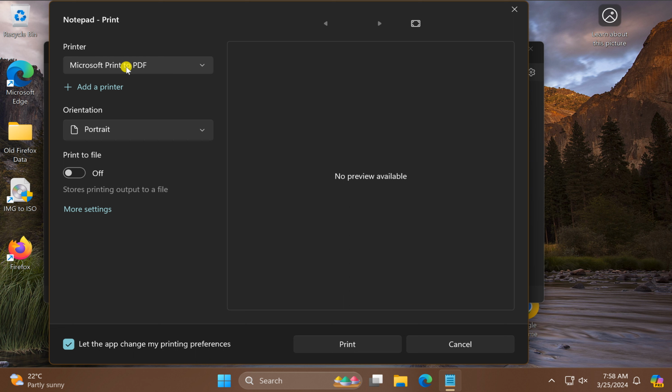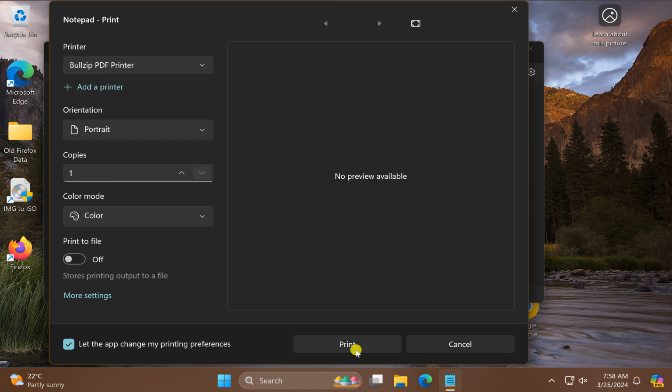When you take a printout, it will automatically go to that printer, and in case you want to change the printer, under the printer drop down menu select a new printer and then click on the Print button to take a printout on a different printer other than the default on your Windows 11 PC.